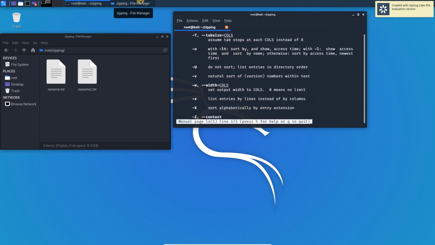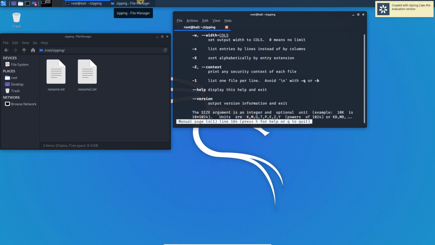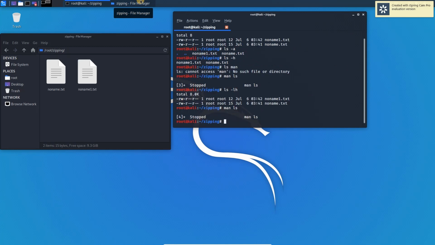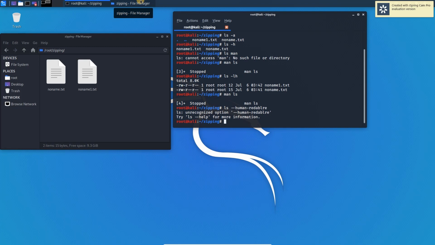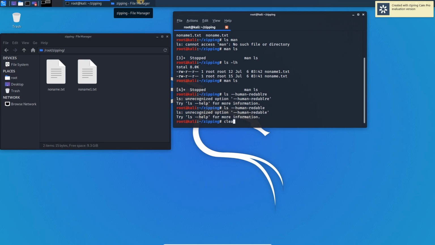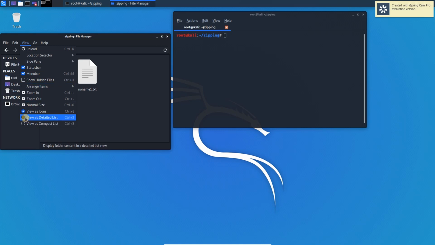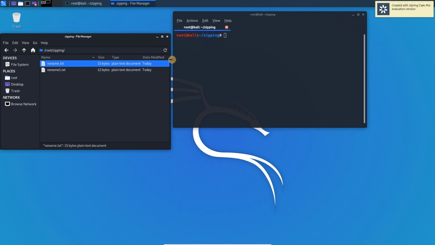Then I will show you how to compress the files. So we don't find anything here, so let us try by ourselves. Let me clear this once again. So we can see that view as a detailed list. Okay, now we can see the size of the files here. Now we will